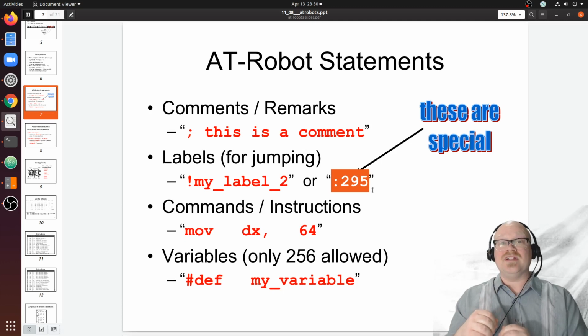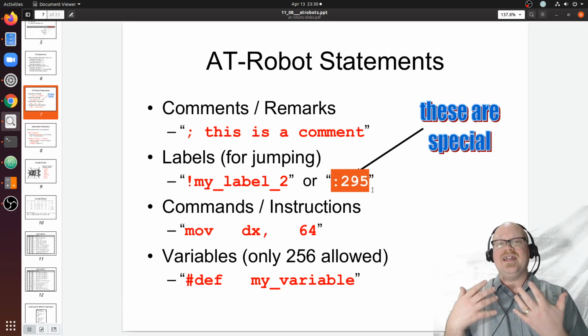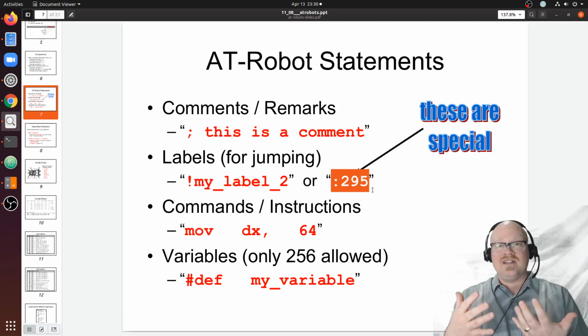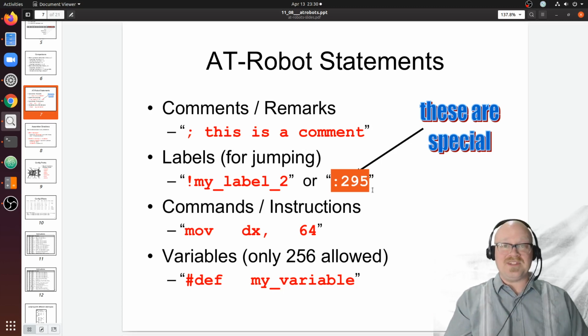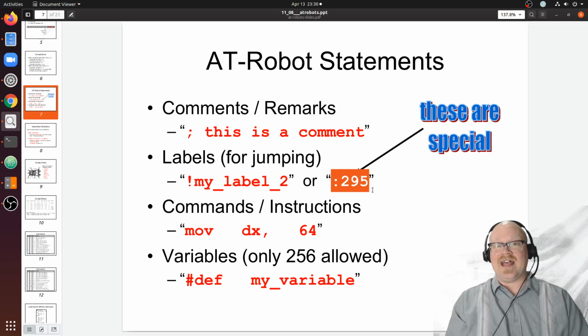you can make the mathematically calculated target of our jump one of those two different locations without having to add any kind of logic that's similar to an if statement to say, oh, well, if we calculated this number, then go to this place. Otherwise, go to this separate place. Instead, we can just calculate the number and jump to any position in the code that has a label with